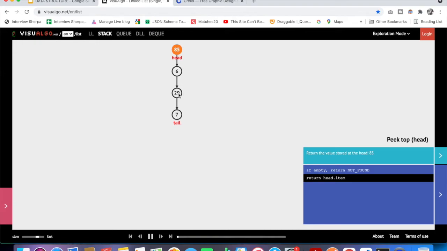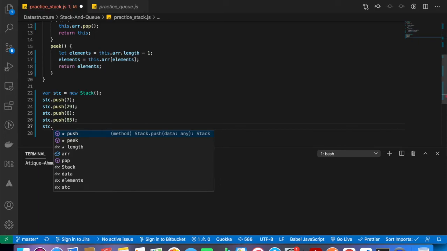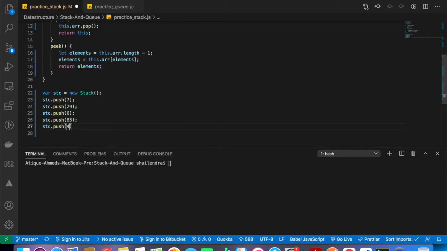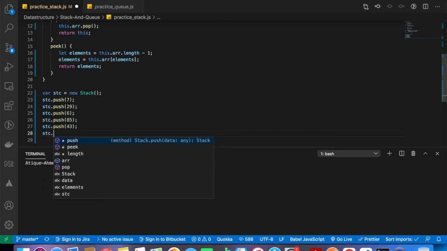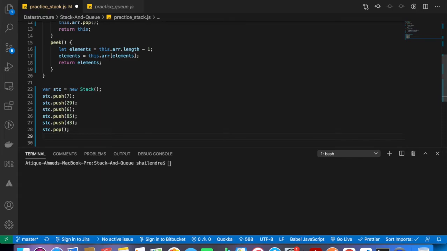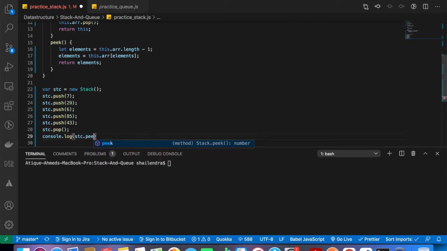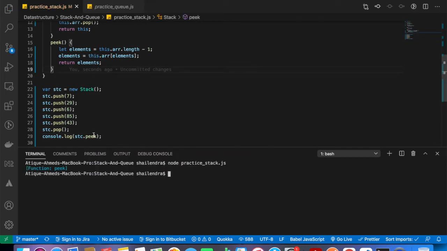We are going to push 7, 29, 6 and 85, and let's push one more element, 43, and we'll do stc.pop, and at last we are going to say console.log(stc.peek()). Alright, so if I run this, I think I need to return like this. So if I run this, I'll get the 85.